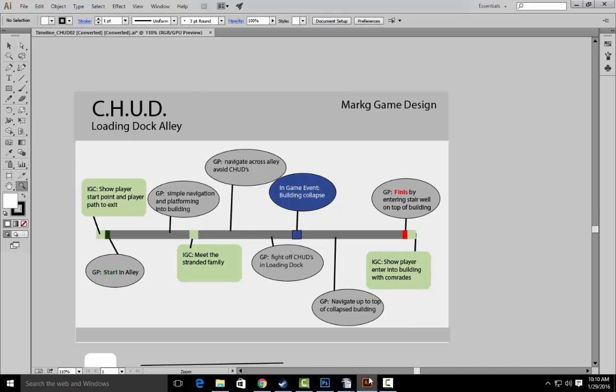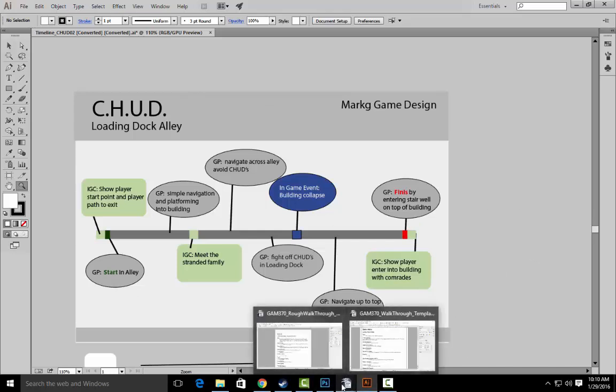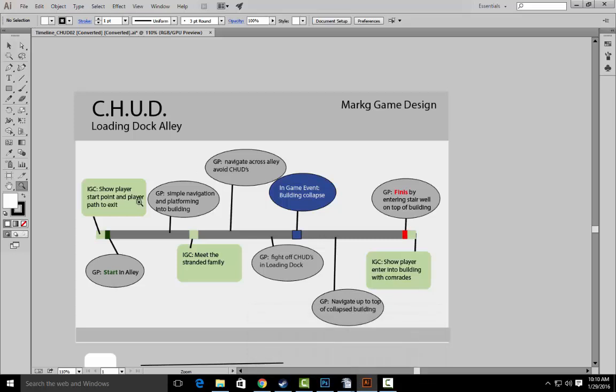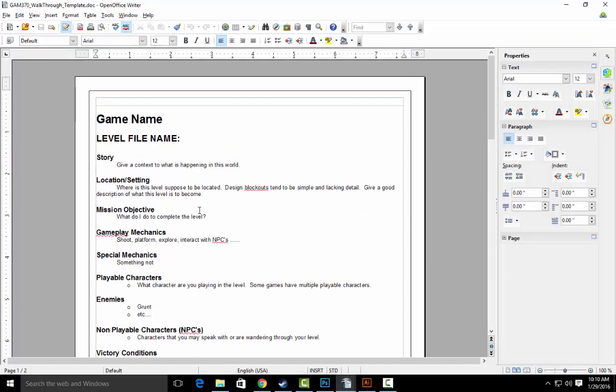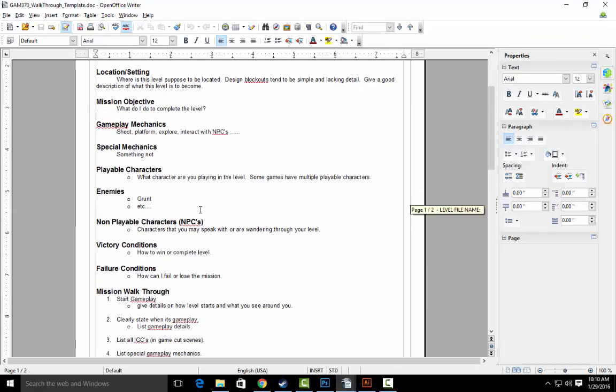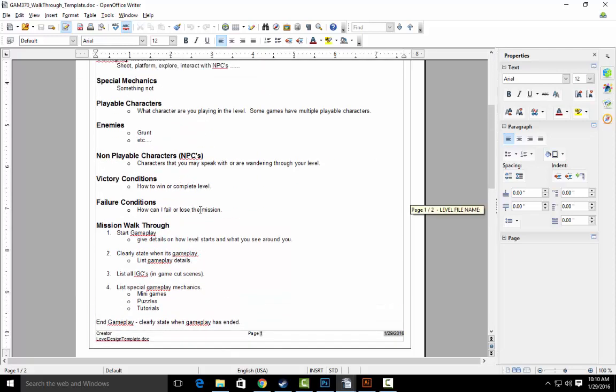So the walkthrough needs to have all the detail that you may think of here in the timeline. So I'm writing out my timeline, and you want to include some crazy amount of detail here. Well, that crazy amount of detail goes in the walkthrough, and this is the walkthrough. I have a template that's included in the pickup folder. Please, or wherever I've told you to go to get the template, please grab it